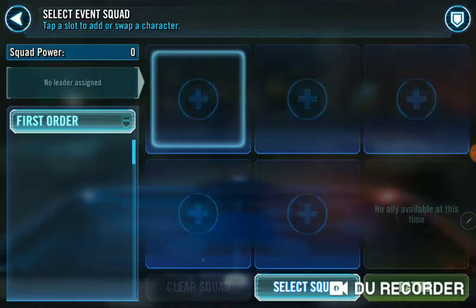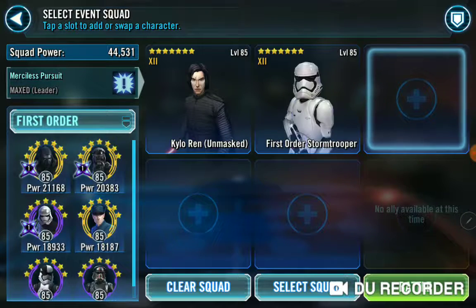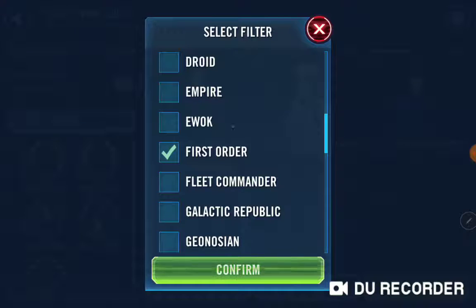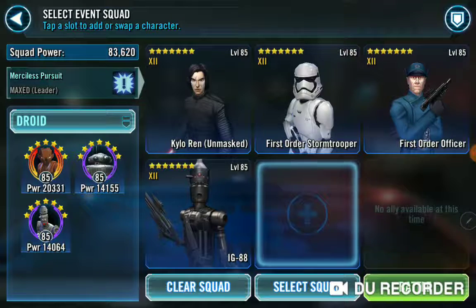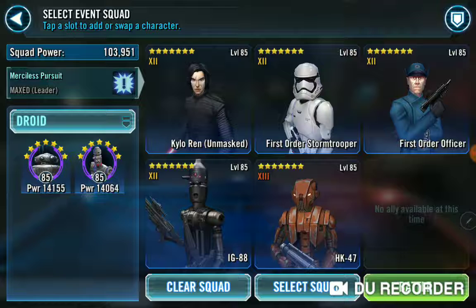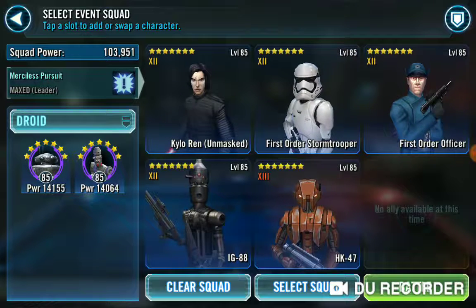It may not work. But I'm going to run Kylo Ren Unmasked. I'm going to run the First Order Stormtrooper. And then I'm going to run First Order Officer because I need to continue feeding turn meter to Kylo Ren. So the two droids that I'm going to run with this are the IG-88, which I have a Zeta on, and then the HK-47, which I did not run because I platooned